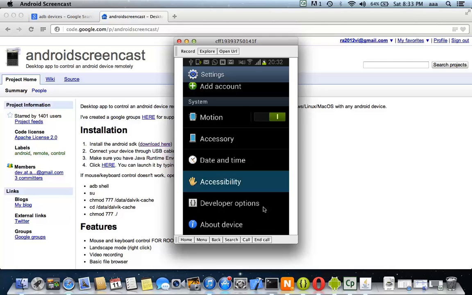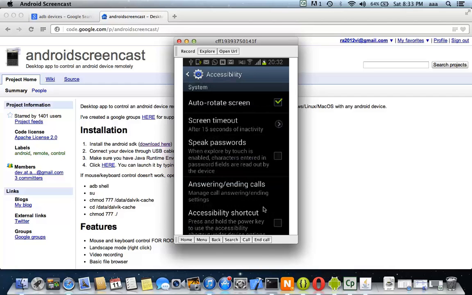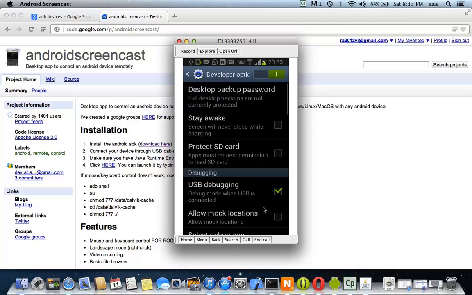Same way I showed you the accessibility in the iPhone emulator, I'm showing you that there is accessibility here as well. You will not really use this accessibility option much. Stay awake means the screen will never sleep while charging.